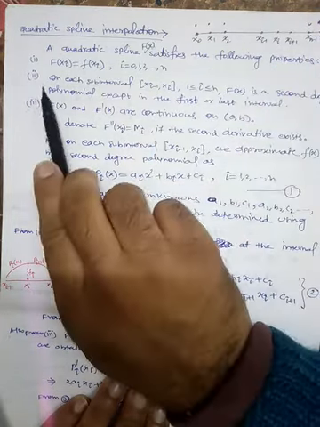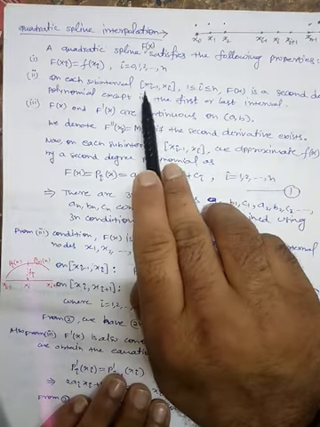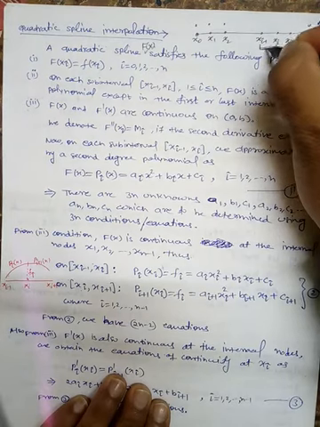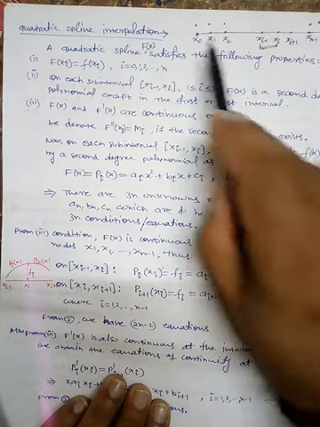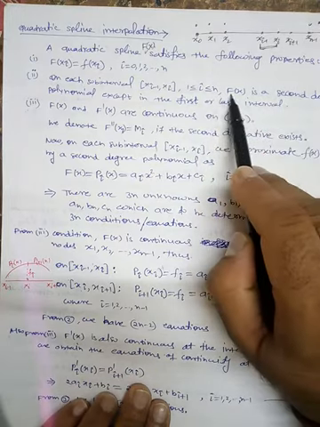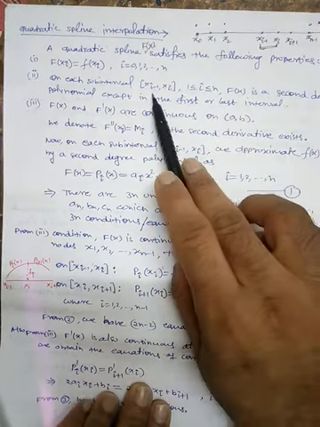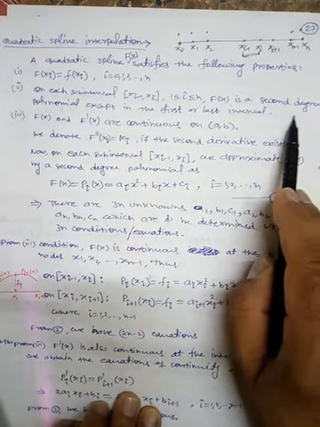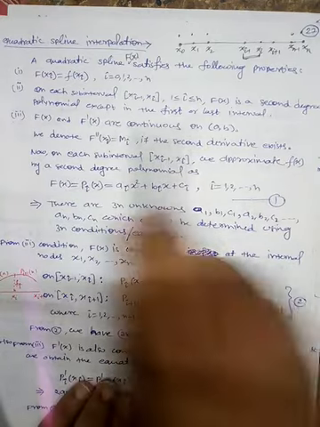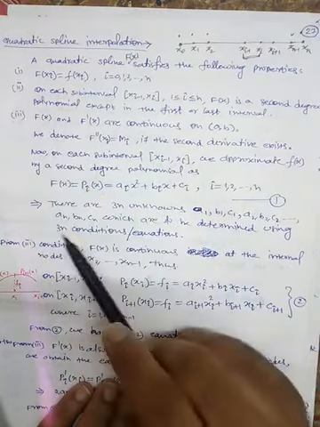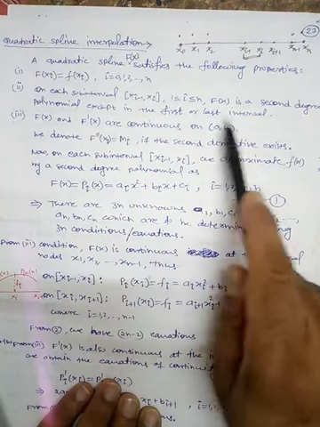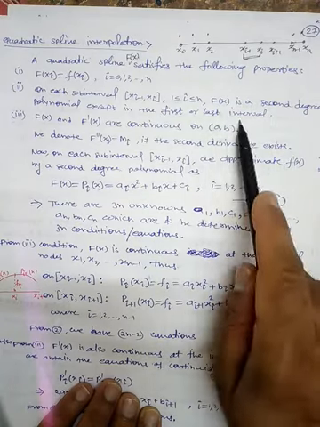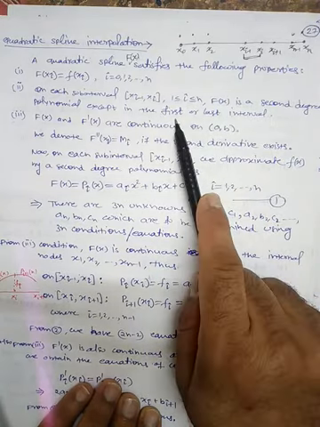Second condition is on each subinterval xi minus 1 to xi, that means suppose we are considering this part in general, where i varies from 1 to n, because these are total n number of intervals. So on each subinterval xi minus 1 to xi, F of x is a second degree polynomial. That's why this is quadratic, except in the first or last interval. Why we have not taken either first or last, we will discuss later on, but this is the assumption.